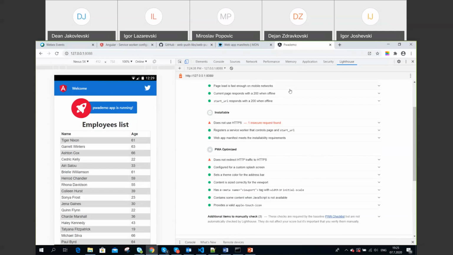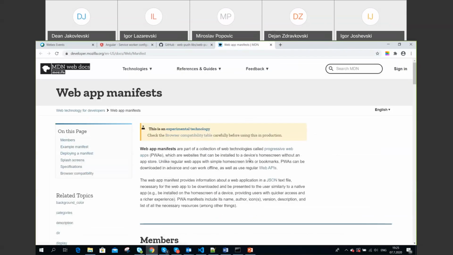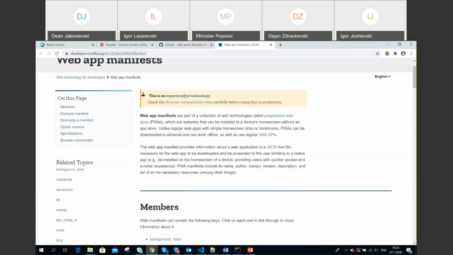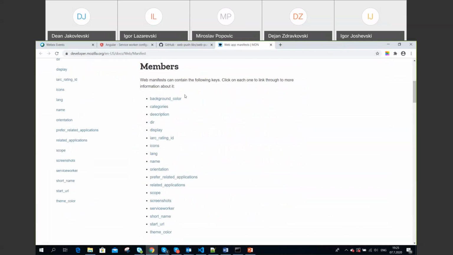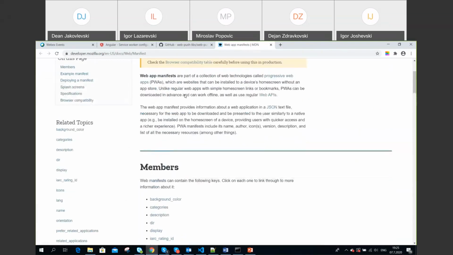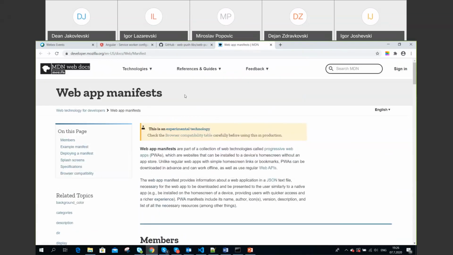So now I will close this tab, and regarding the manifest file, I'd like to mention this link. You can read how to configure the manifest and how to deploy it. I'd like to mention that the manifest cannot be used for favicons. Favicons should be registered in each HTML file, and also